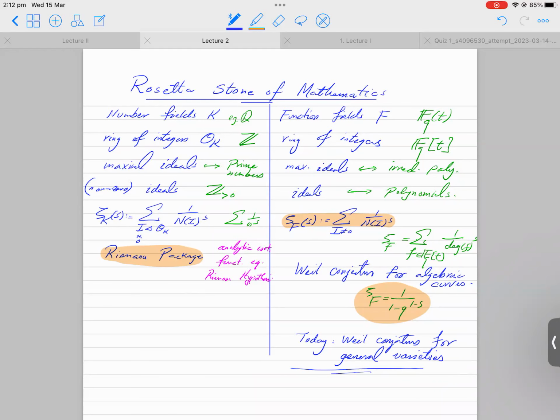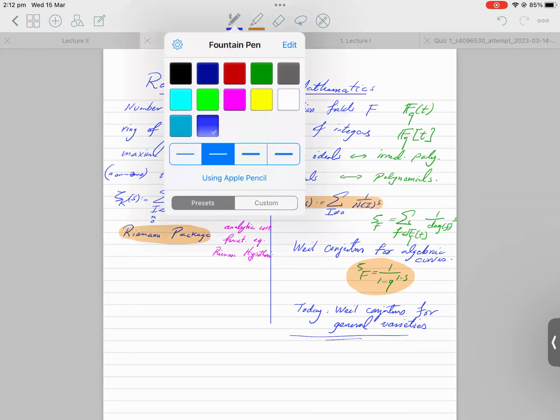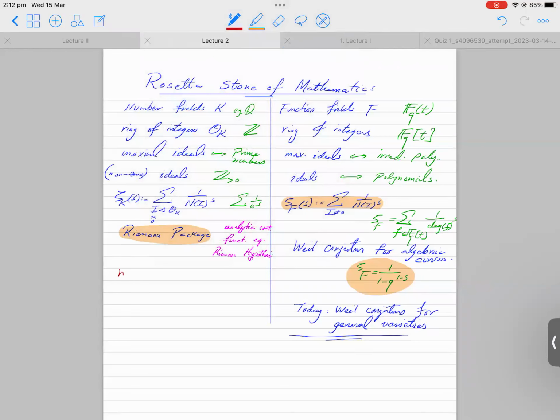Okay, but before moving on, let me also mention that there's a higher-dimensional analog on the left-hand side as well. Let me just say it in words. You start with a variety over